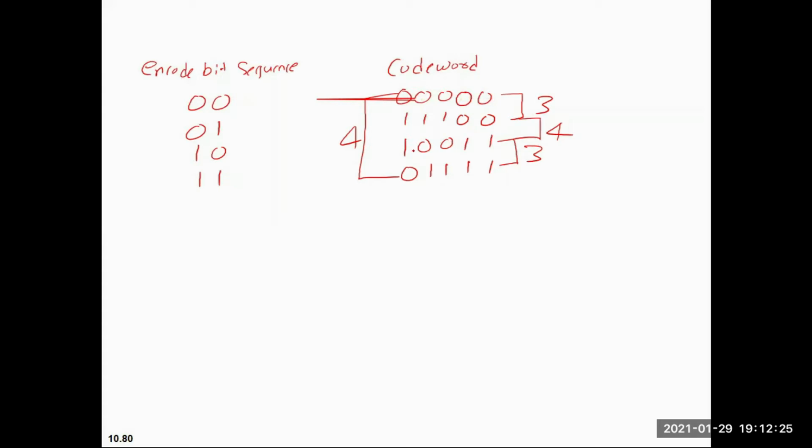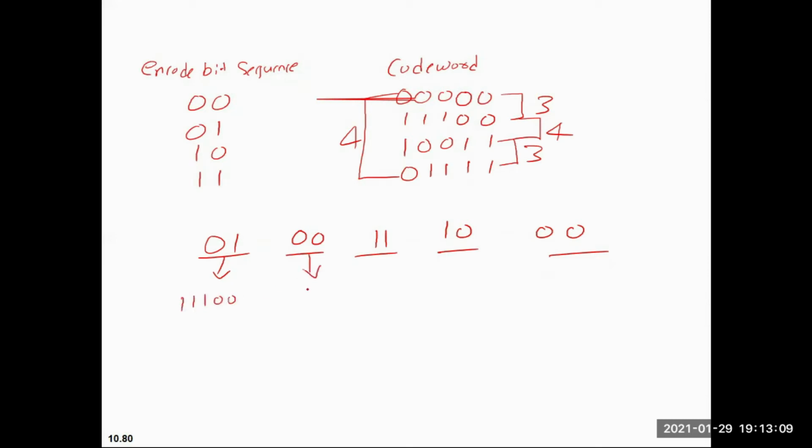Now let's suppose I am transmitting some data: 01, 00, 11, 10 and 00. When I'm transmitting this data, I need to convert it to code words according to the above table, and this table is known to the transmitter side and also the receiver side. So when I encode, the code word for 01 is 11100.